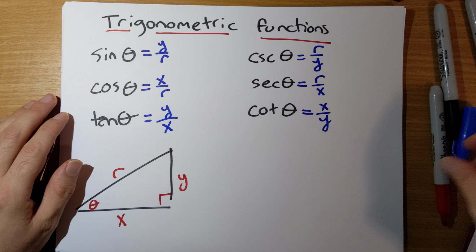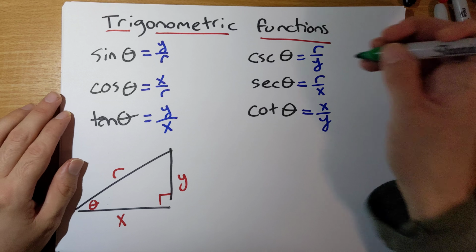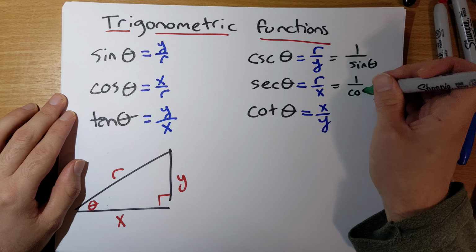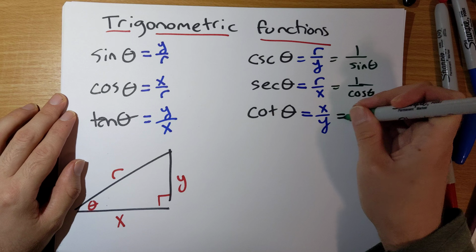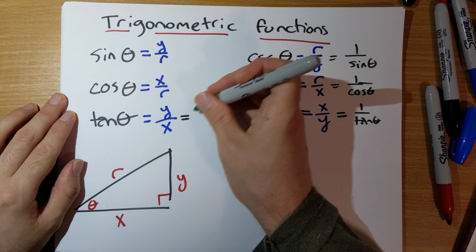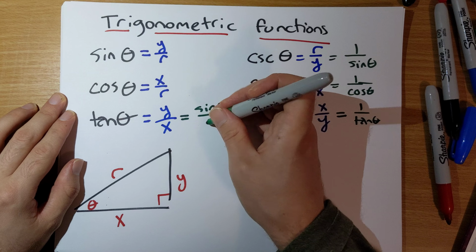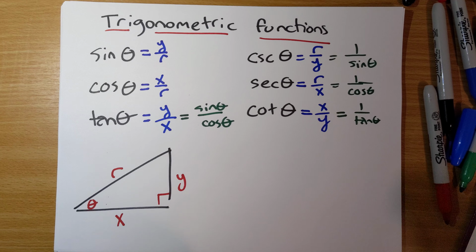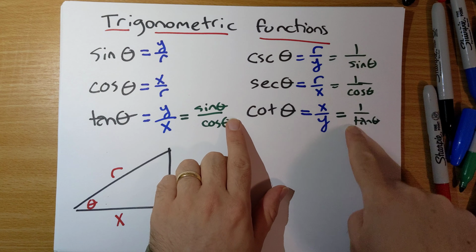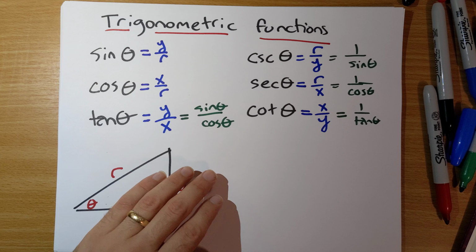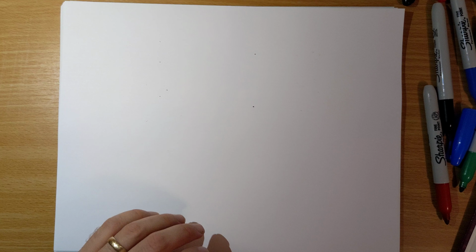Let me point out just a few relationships here. Cosecant theta is 1 over sine theta. Secant theta is 1 over cosine theta. Cotangent theta is 1 over tangent theta. And also tangent theta is sine theta over cosine theta. So these are the 6 trigonometric functions that you should know, assuming that these quotients are defined. Things to know about them: